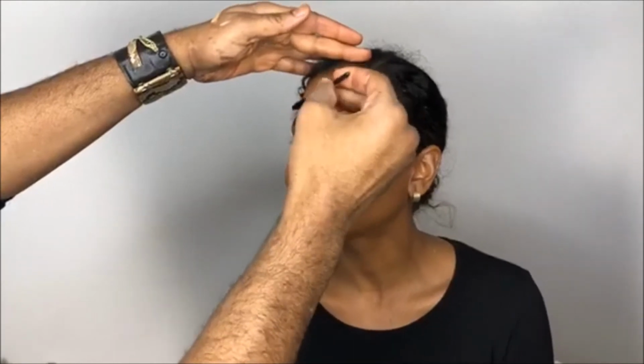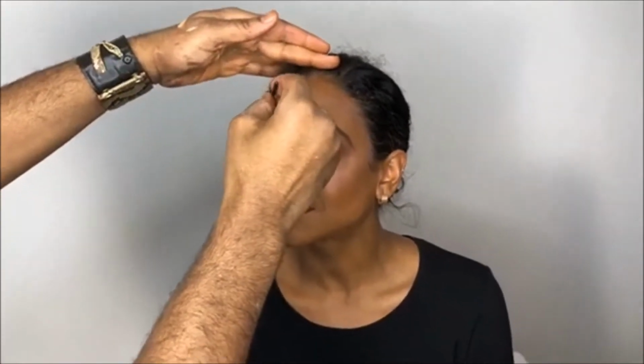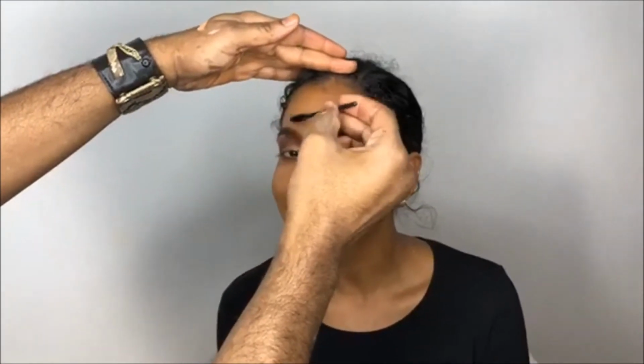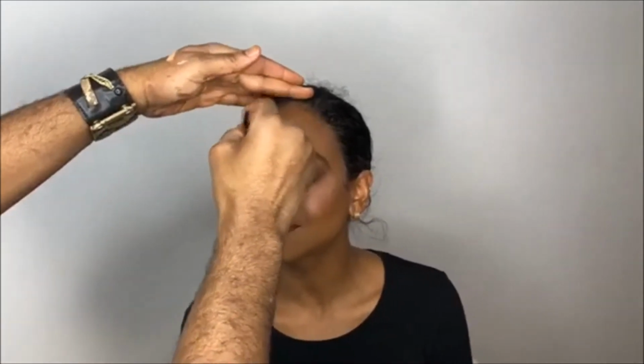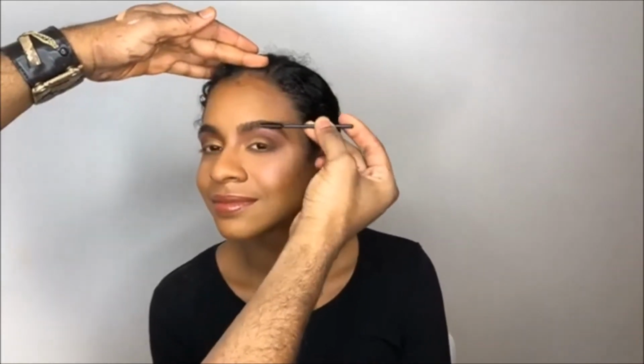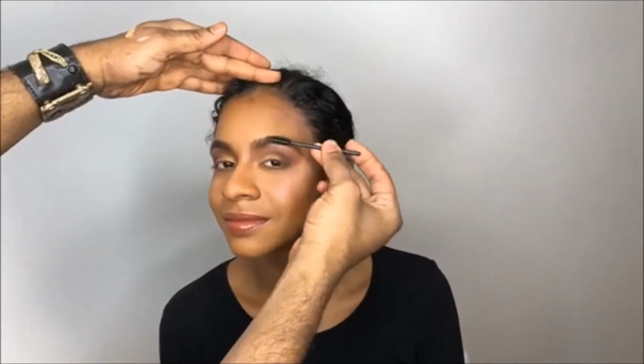Of course, you can make them darker if you want, or not. Just brush them up, maybe with some wax, and don't do anything to them. Does that make sense? Kind of just brush it up like this. That's beautiful. Okay. Now let's take a little of that cake liner. We need a little bit of water. Here, no, I have some of the